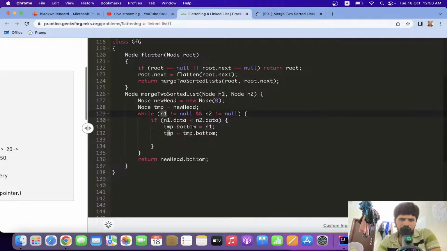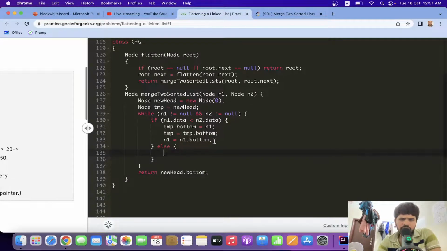Also we have to move our in1 to the bottom, so in1 equals in1 dot bottom. Because we just accessed our current node 1, we have to move it to the bottom. Else, if this is not true,